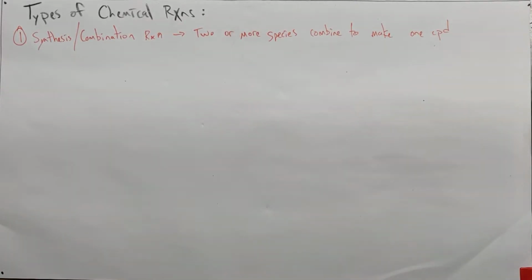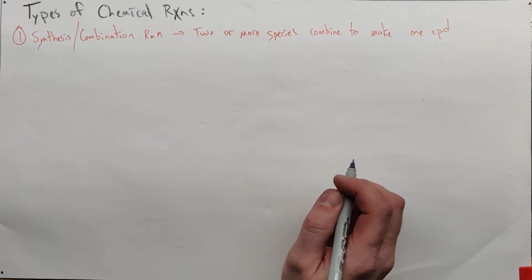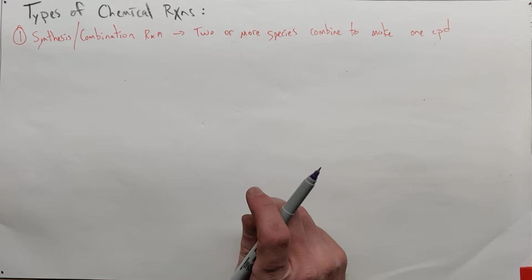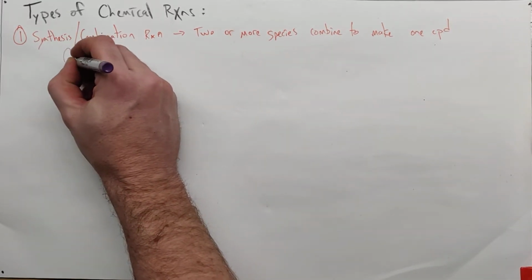All right. And our general form, and I think it's going to be handy to have these because a skill we're going to need later is identifying chemical reactions so that we can predict products, right? Why bother knowing what type of chemical reaction you have just to know? Well, it's important to be able to identify them so that you can predict what the products are going to be. So we're going to have a general form here,